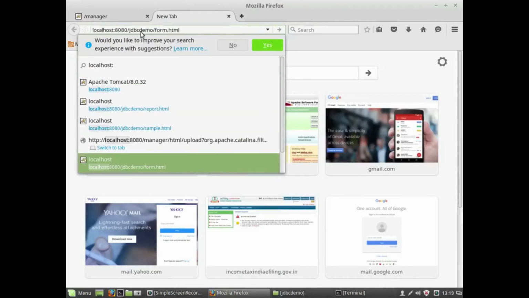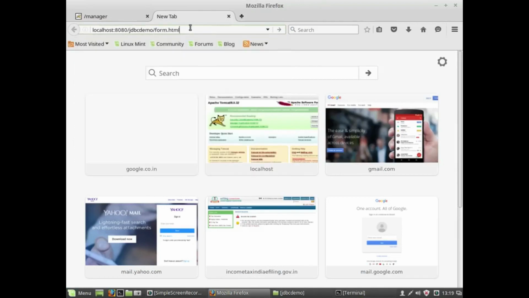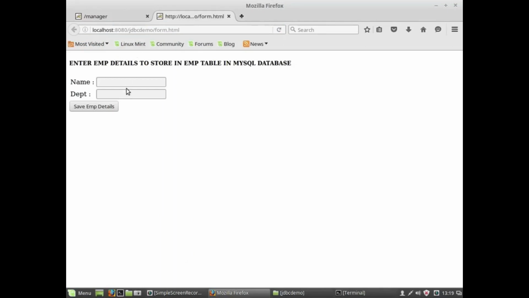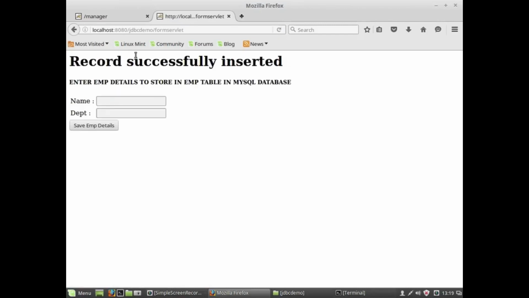This is our form.html. Look at this URL. JDBC is our folder name. Form.html is already there. Right. So here I am providing some names. Let the name of the person be ABC, who belongs to CS department. Okay, so I'm submitting data.